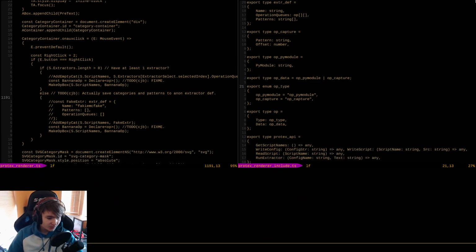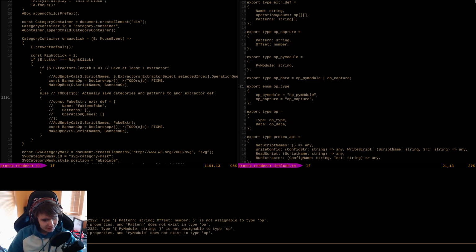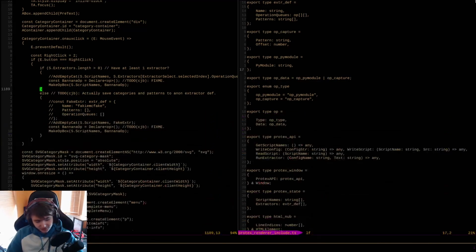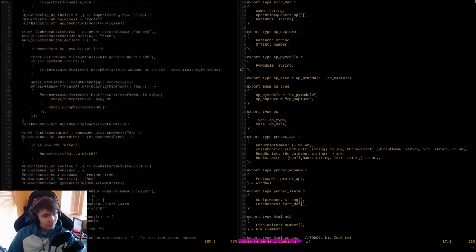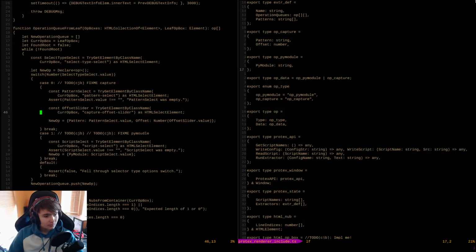I need to also build. Why is it building? It should be able to build. Yeah. So I need to fix line 48. Somewhere. Yes, so our new op now has data. And its data looks like this. And